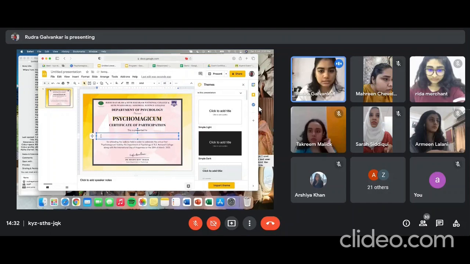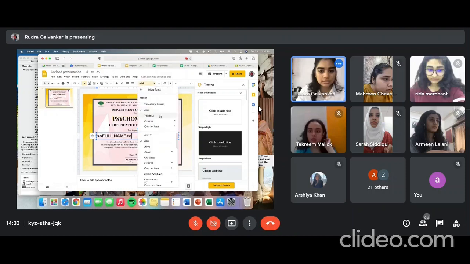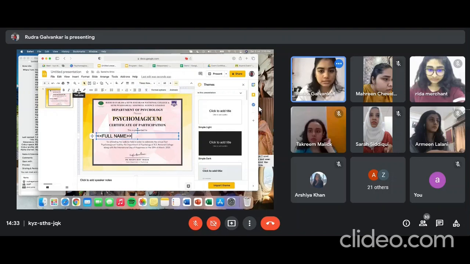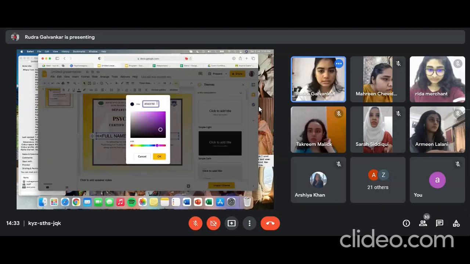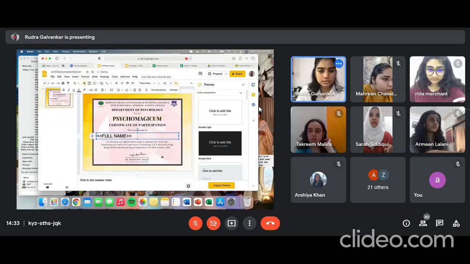So when you're writing full names here, you have to first put the lesser than sign twice, and then in capital, write full name and close it. This is how it will link slides to sheets. Then you can change your font. And for adding the color, remember we copy pasted the color. So you go to the color option here, go to custom and copy paste that same color code that we had. So it's in that violet shade that it was there.